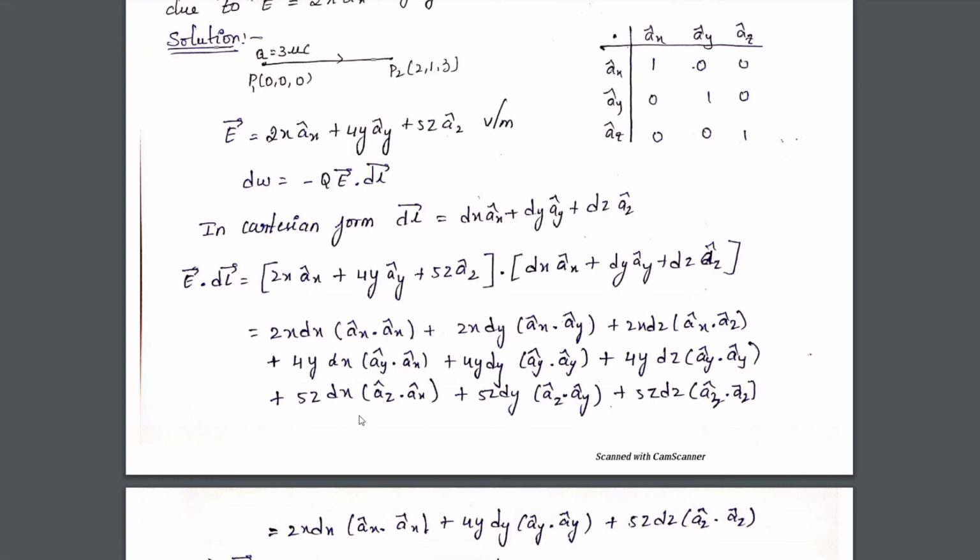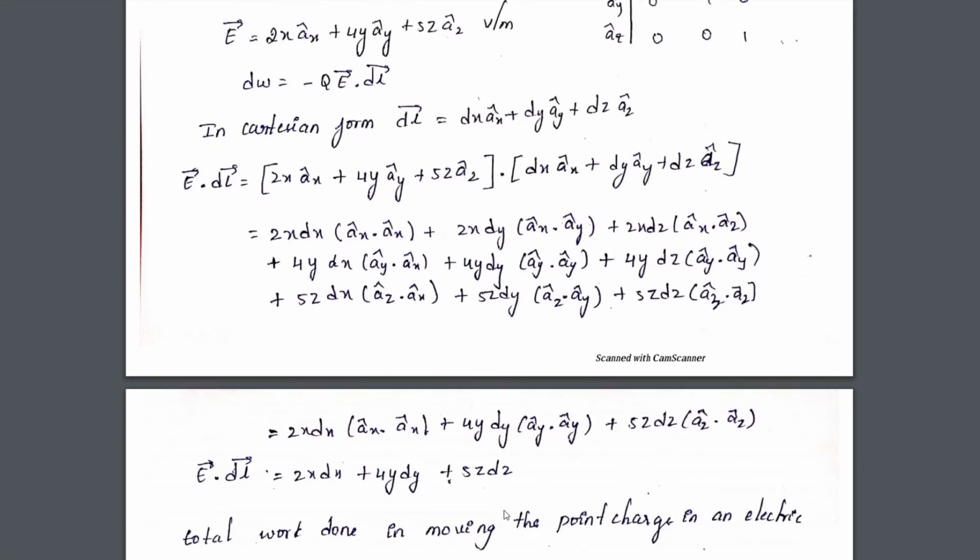Then you know how to find the dot product. I told you in the coordinate systems class, or in the vector starting, you calculate E dot dl. Write E, whatever is given, dot dl. Then if you remove the brackets, how many terms do you get? Total 9 terms. In these 9 terms, I have written the table here. The diagonal values are 1, the rest all 6 terms will be 0. Only the diagonal values are retained, that is ax dot ax, ay dot ay, az dot az. All that will become 1.